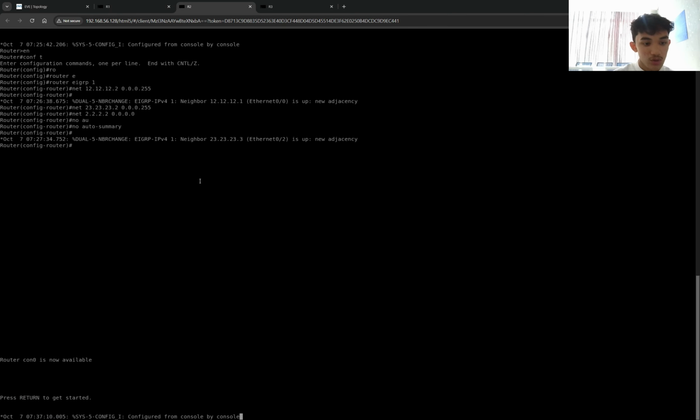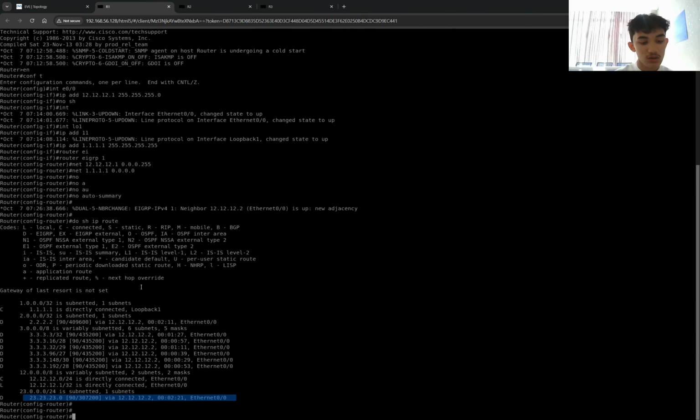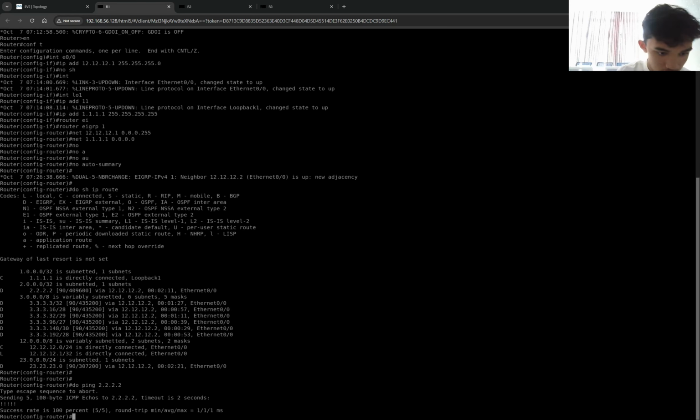Before we start the IGRP authentication, we should retest whether the routers are already connected or not. You can ping the IP loopback, and as you can see, the success rate is already 100% at the round trip.